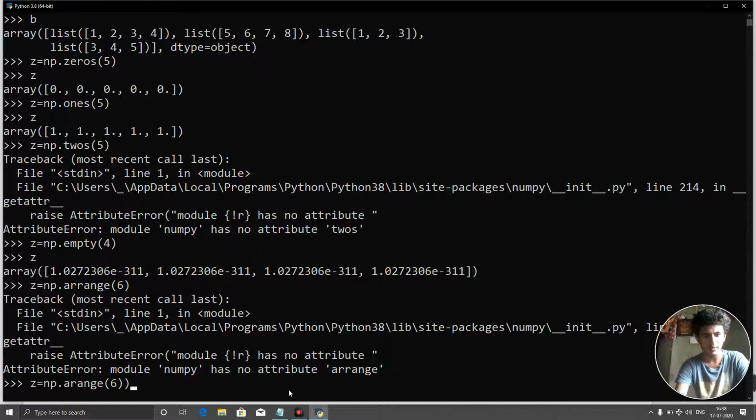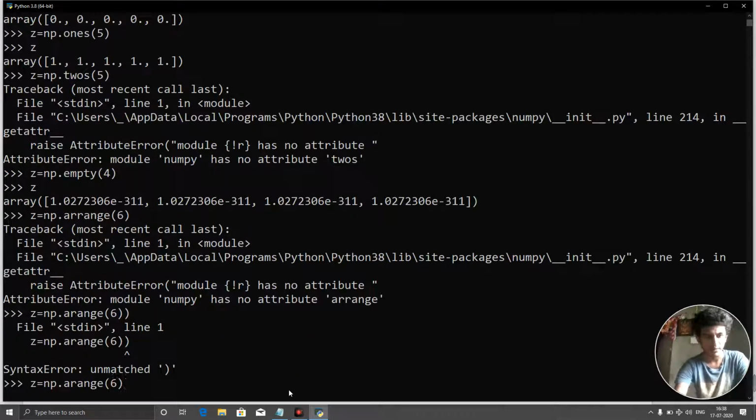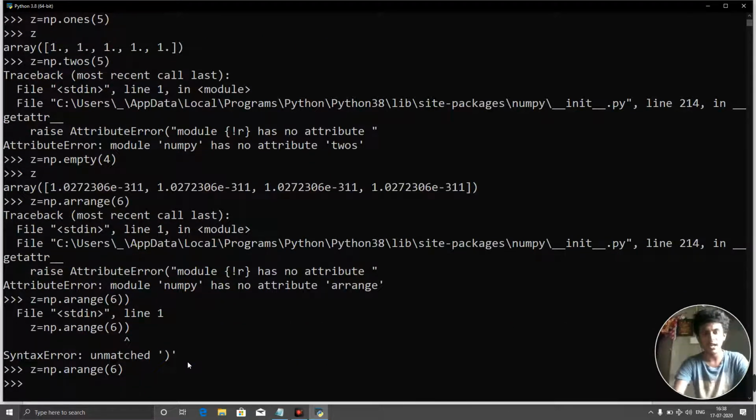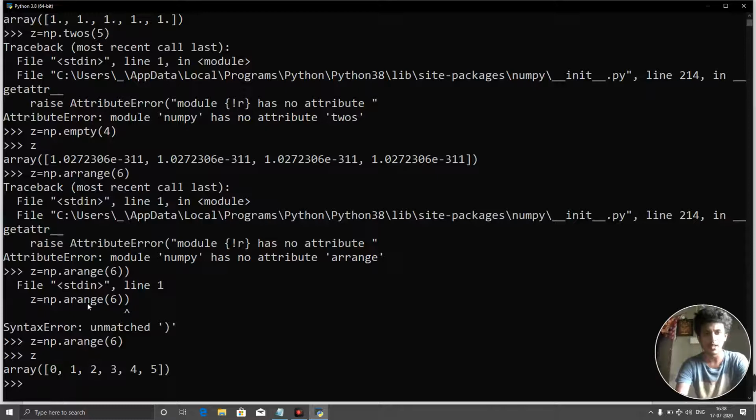Arrange. We will check with this. Yeah, some syntax error. It is not arange, it is just arange. Okay, we just need to use arange. Sorry if I told that arrange, that's not arrange, it is just arange, because we get the syntax error here. Now if we check the value of z, then you can see it is 0